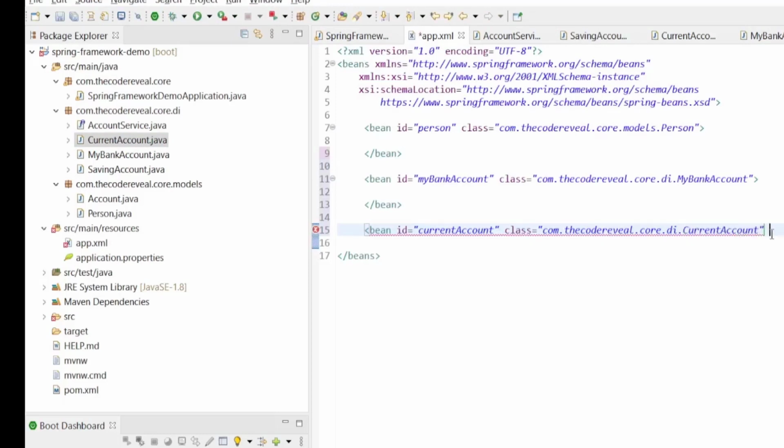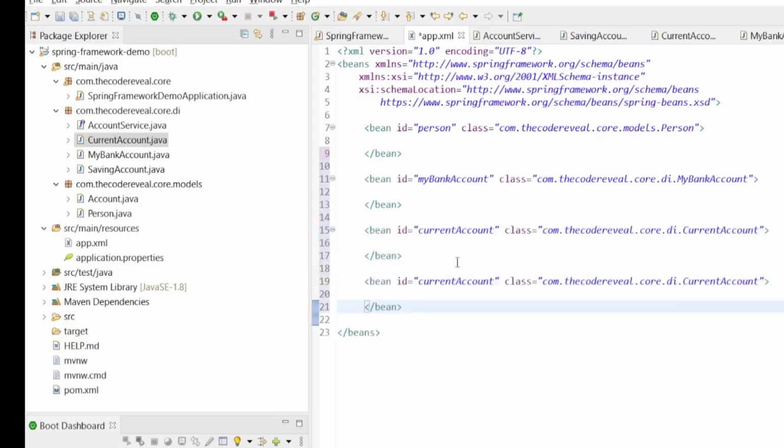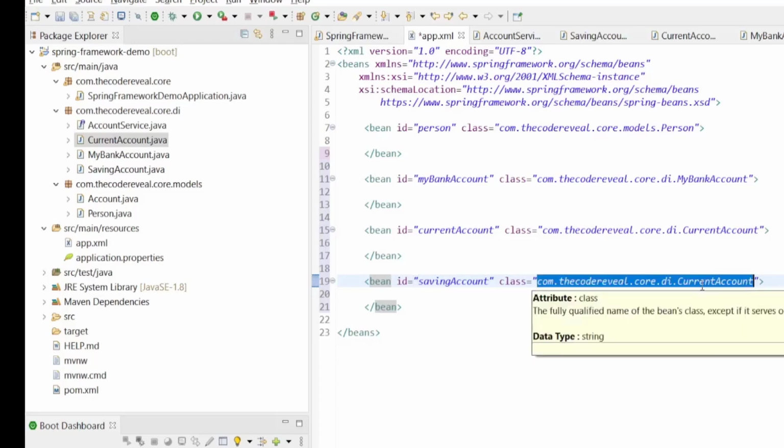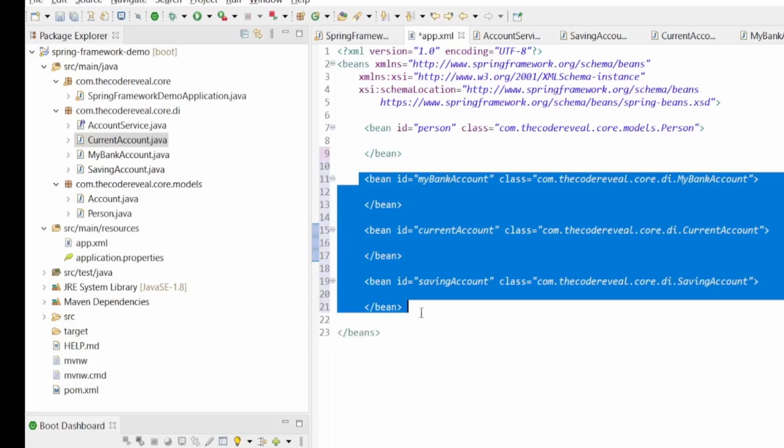Let's add here. So we have created another bean of current account, and in the same way we'll create a bean of saving account. And here we'll give saving account. So all these three beans we have created.